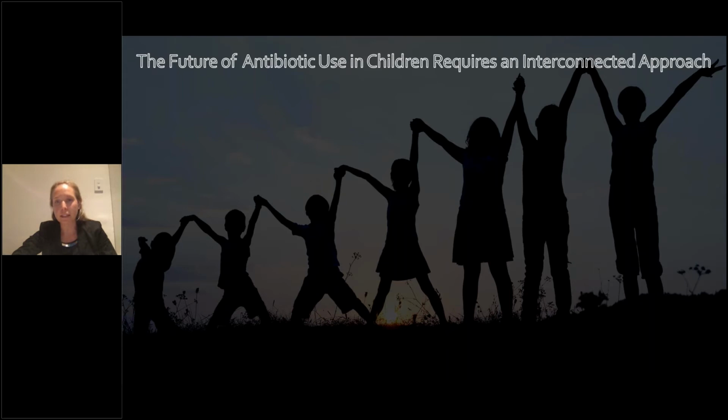So that provides a brief overview for you of really the setting of where the need for addressing antimicrobial resistance in children and the high level of infectious disease morbidity and mortality is occurring across the globe. And we know that to try and address this, we're going to need a really interconnected approach across academia and pharmacy and many of the global non-governmental organisations and multilateral organisations to try and address this.